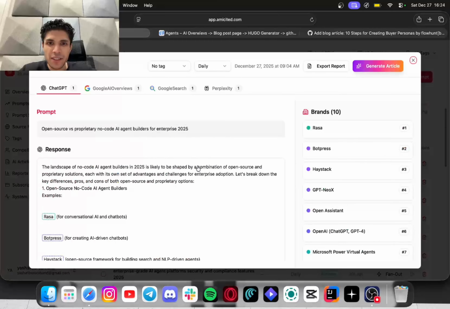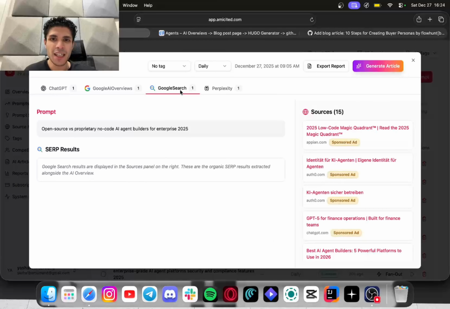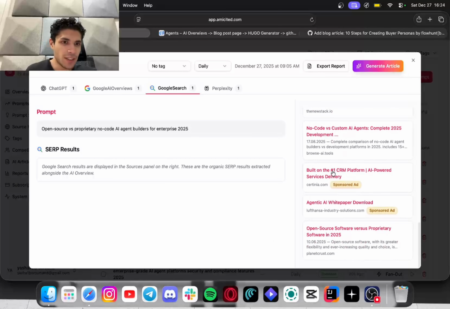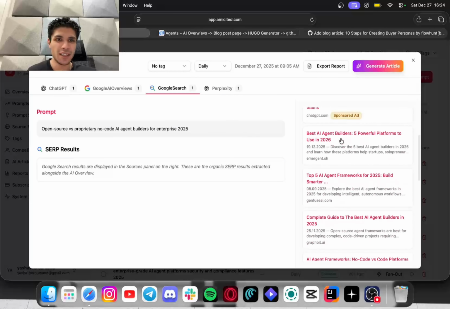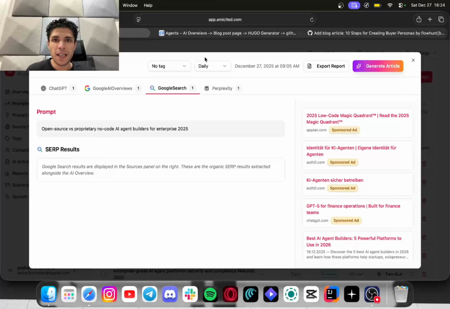And as you can see, we are tracking all different AI providers: Google AI Overviews, ChatGPT, Perplexity, and even traditional SEO SERP search in here. And you can specify if you want to crawl this daily, weekly, monthly, yearly, or even one time.